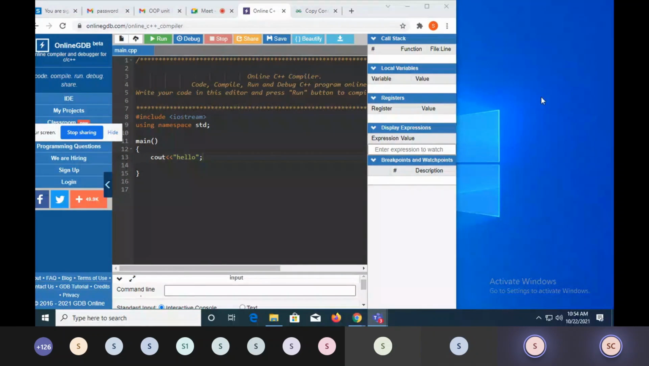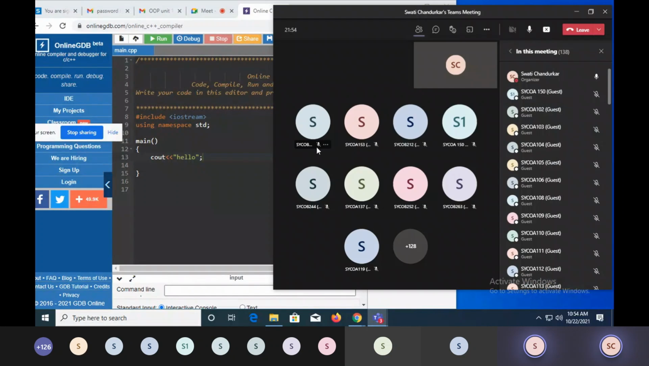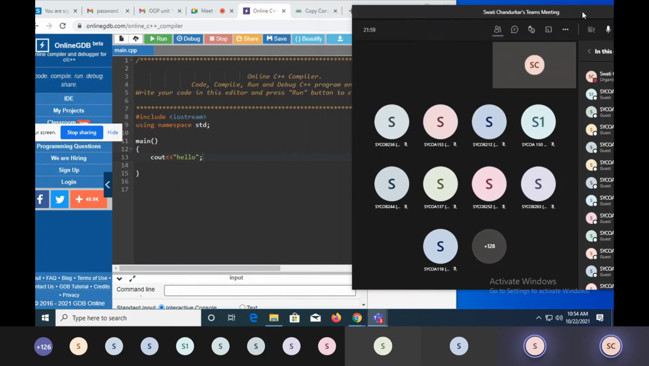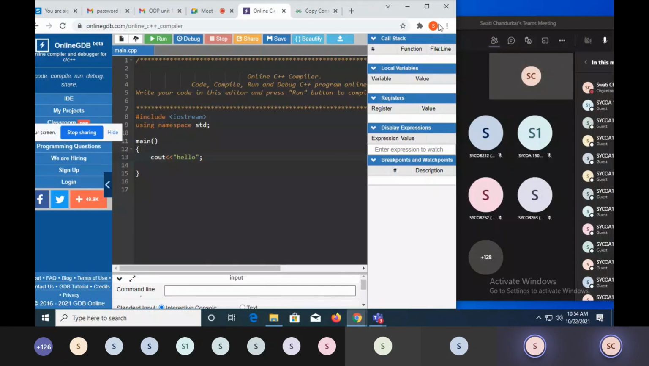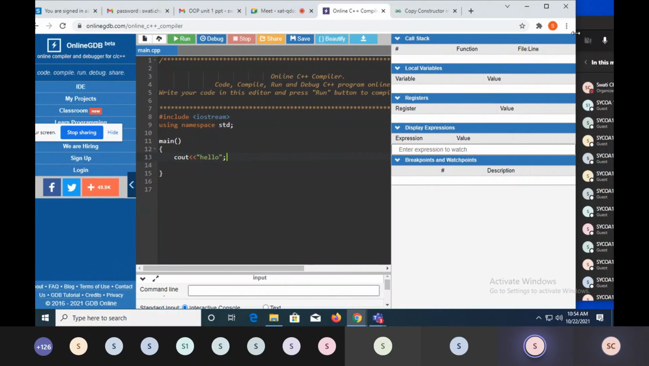I'll just open this on one side so that I will see the participant screen also. Okay, fine. So,